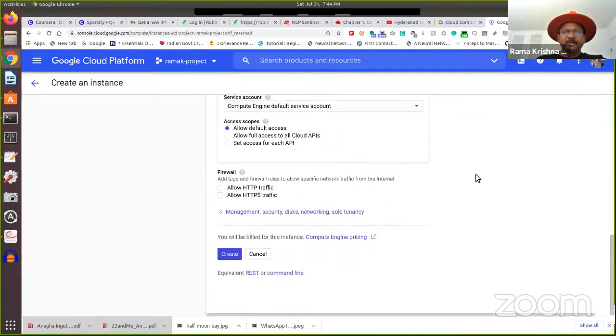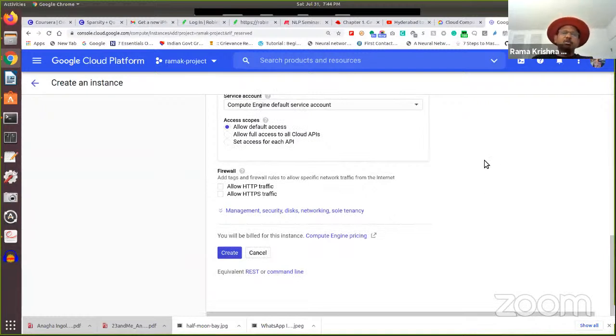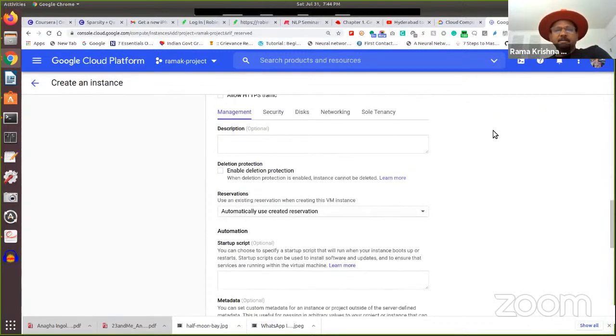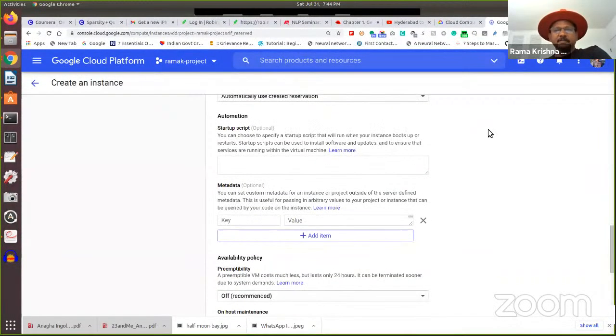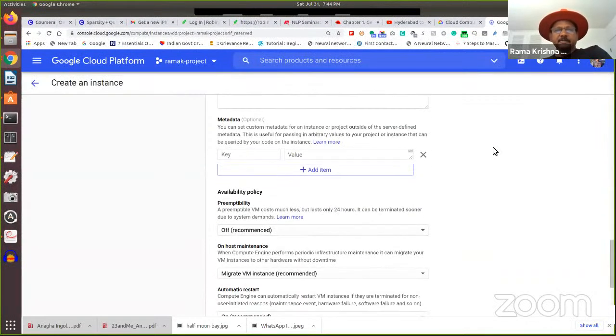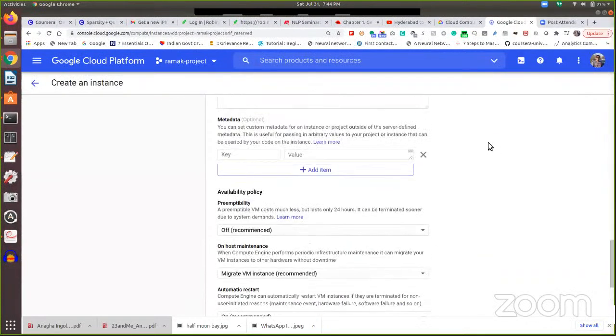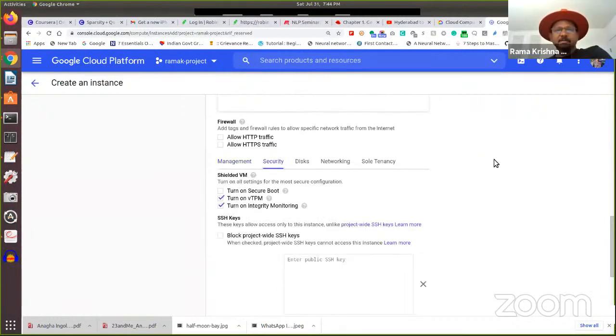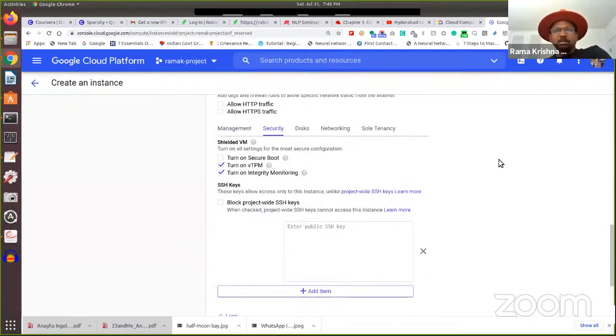Now there's only one change I'm going to make from what you have not done before. I'm going to click on security, and then I'll come to metadata. Where is that? Okay, hold on. Where is it, sorry, management security? Okay, so look here,